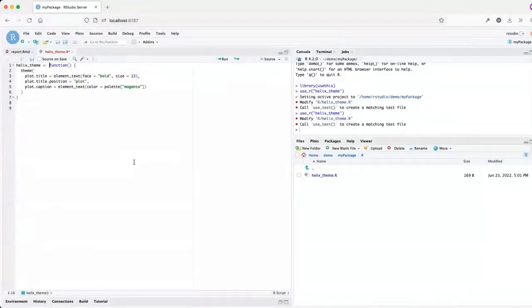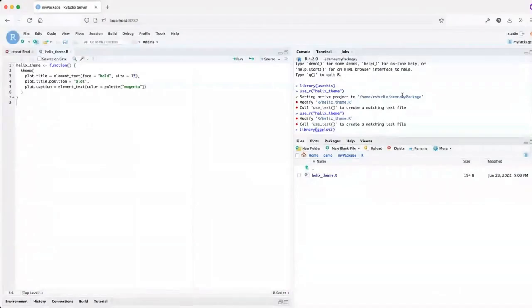And now I almost have a function that will work. One of the biggest differences with writing code in a package versus writing code in a normal R script is that in normal R scripts, when you need to use another package, you would call library whatever package you need to use, right? So in this case, I could call library ggplot2, and then I could use ggplot2 in my script.